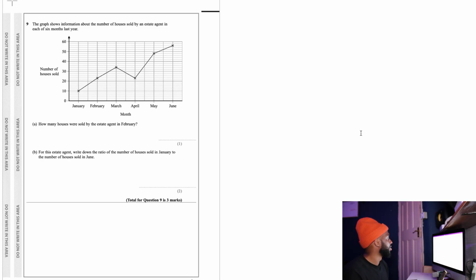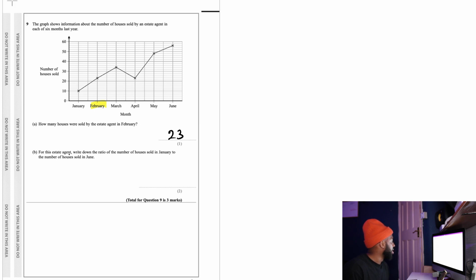We have a graph question now. So graph showing the number of houses sold by an estate agent in each of 6 months last year. How many houses were sold in February? So we need to go to February, which is here, then go up to the graph, and then just read off the y-axis. So it's in between these points here. I would say that's 23